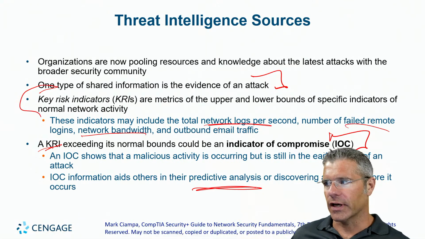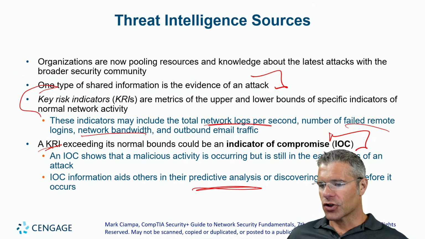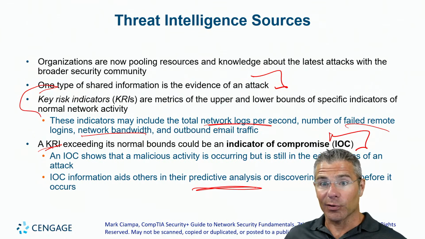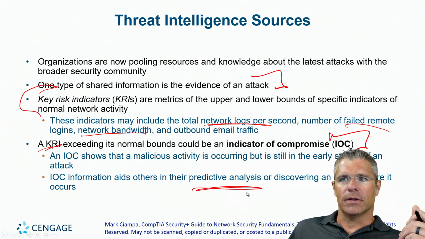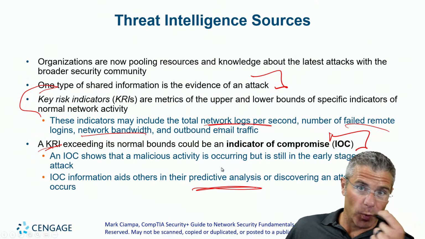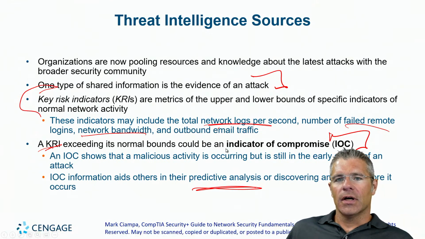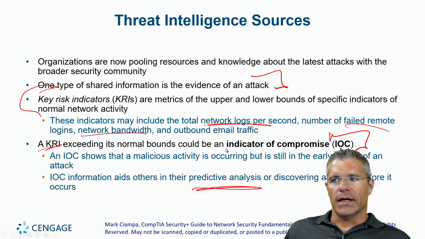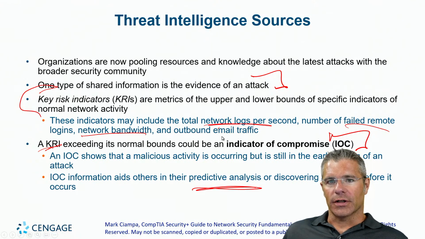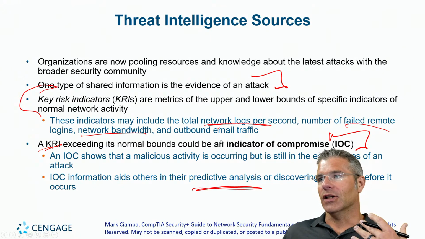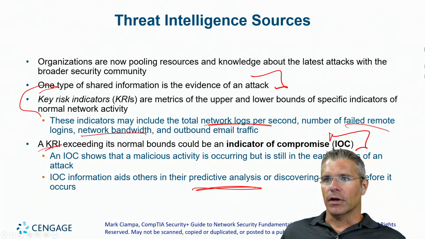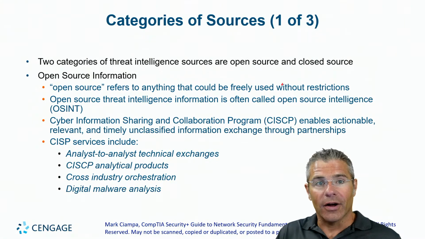So if you see a bunch of failed login attempts on a server somewhere, it is probably not unreasonable to think that there is some sort of attack underway. So that would indicate that a compromise is imminent, or that somebody is trying to do so. Seeing that somebody had logged into a server that wasn't supposed to would indicate that the compromise had already happened.